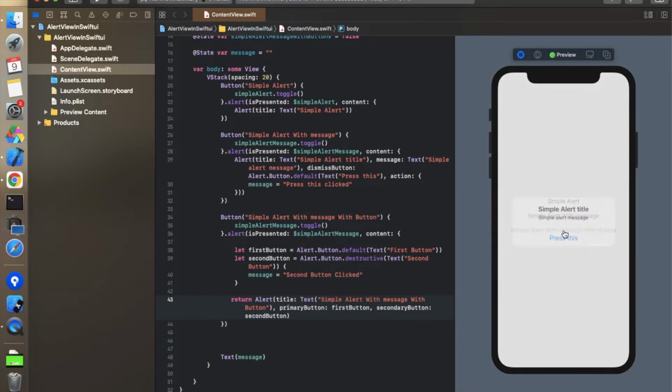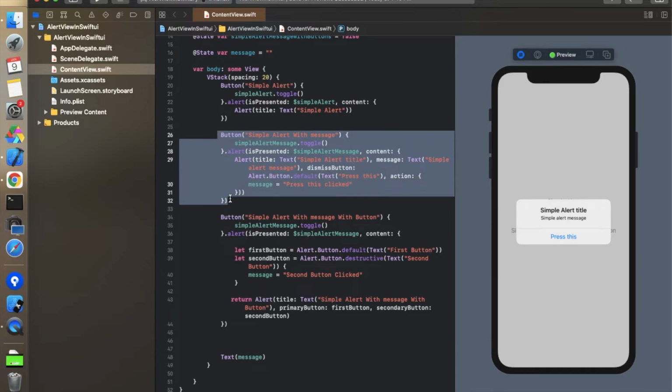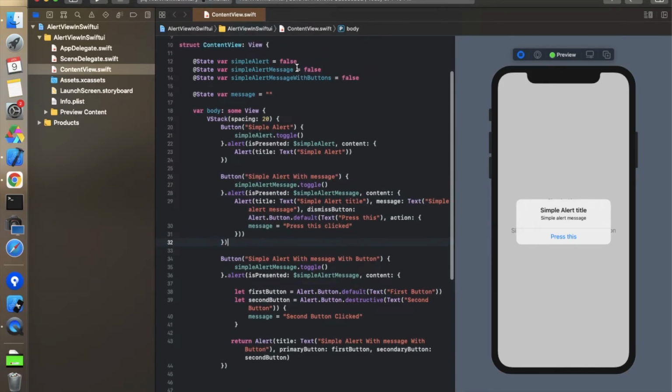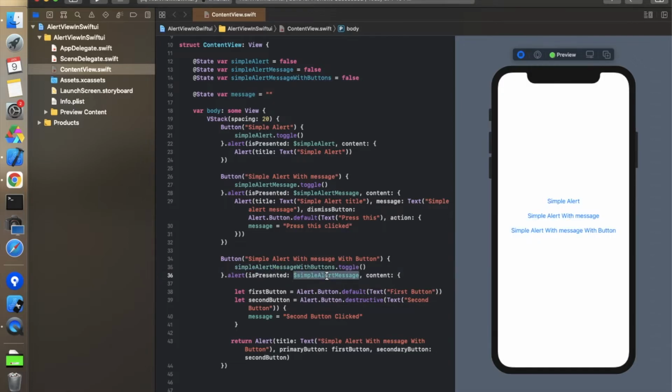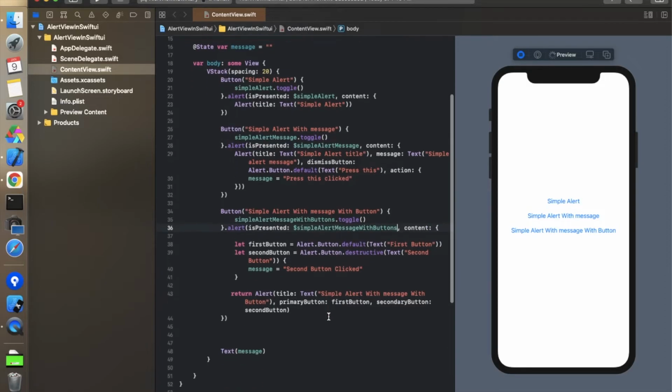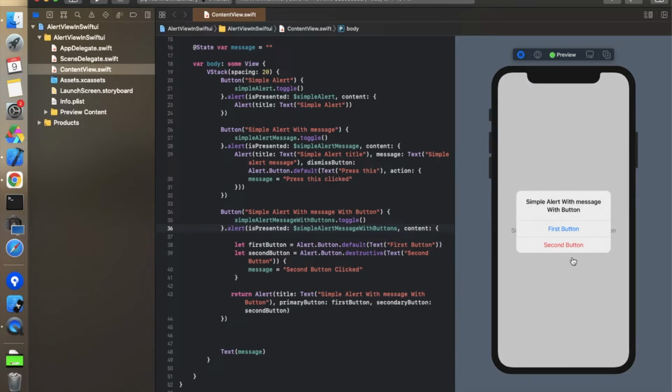So let's click on this part, and okay, we have not updated these properties, that's why it's showing a single button, because this is rendering this alert. So that's why this error issue is occurring. Now we have to update this property over here and over here also. So now let's resume this thing, and I think it's rendered. So now let's click on this thing, and these two buttons are coming. So it is very easy in SwiftUI to create these kind of alerts.